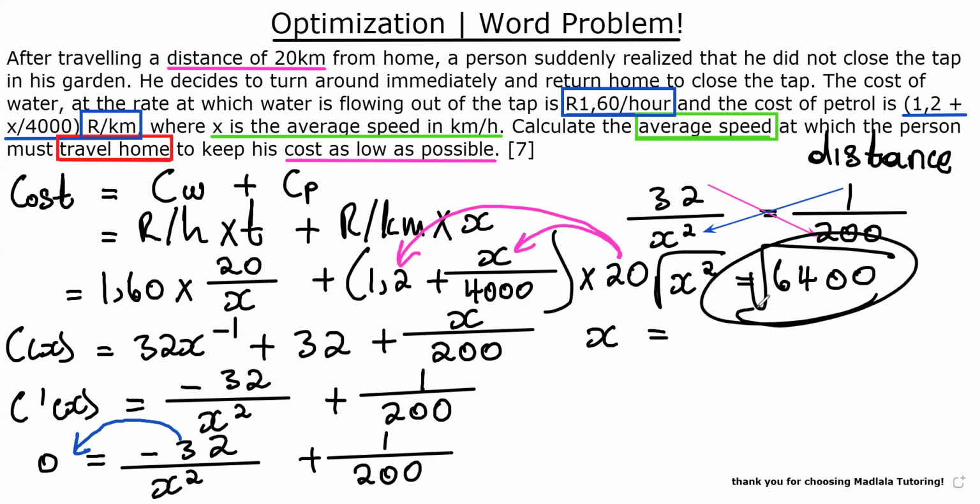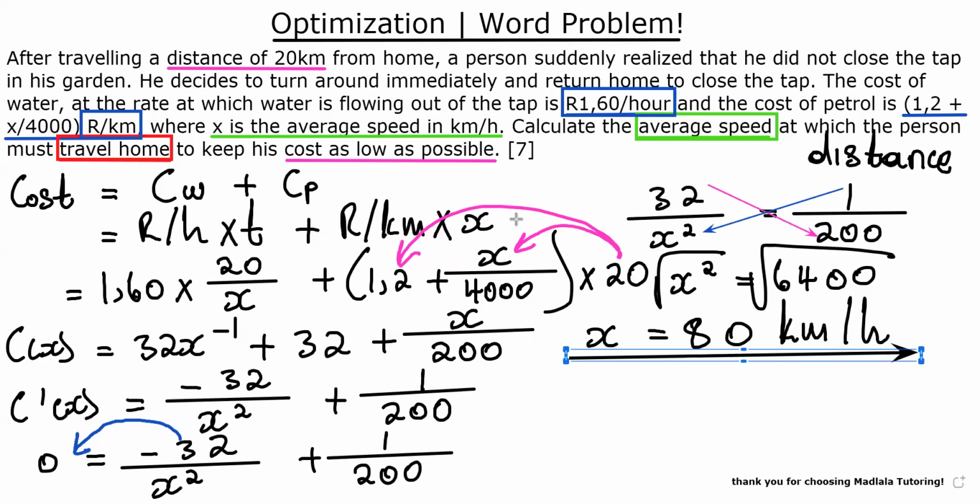Now the question is, what is the square root of 6400? Well, it's easy. You just say, what is the square root of 64? Well, the square root of 64 is 8. And what is the square root of the two zeros? Well, it's just 10. And then you say, well, this is just going to be in kilometers per hour. So this is how you find your